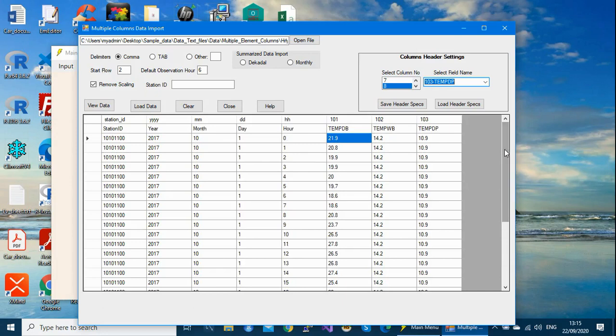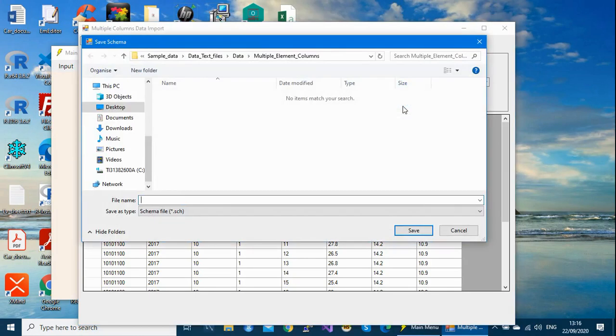So the next step is to save our headers, because our headers can be reused if you want to import a similar file with a similar structure. That means it is important and advisable to save the headers because they can be reused for another similar file.